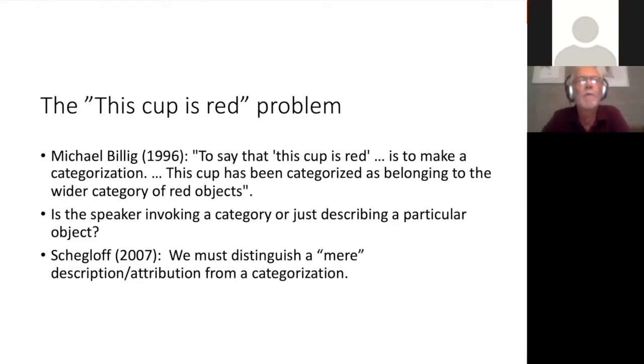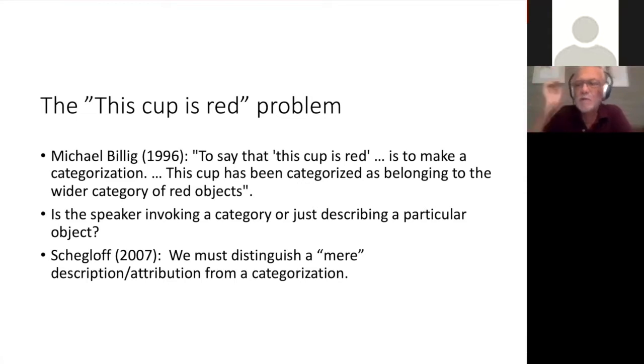I begin with what I call the "this cup is red" problem. Michael Billig wrote in a wonderful book, by the way, called Arguing and Thinking. He says, to say that this cup is red is to make a categorization. The cup has been categorized as belonging to the wider category of red objects. Now, I had a problem with this. He's surely right in a set theoretic sense, but